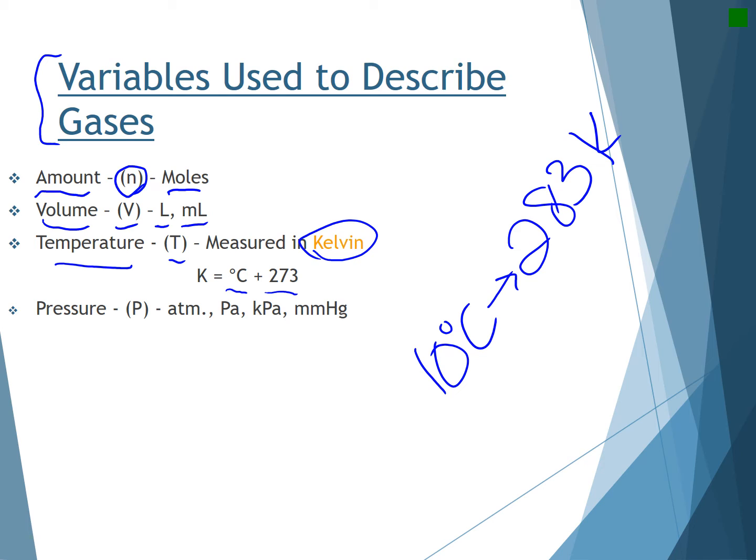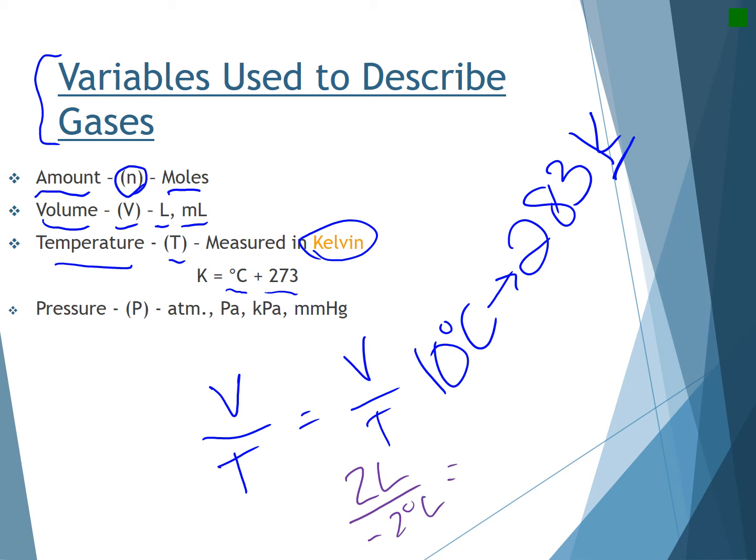We'll go into why we need to be in Kelvin as opposed to Celsius. I guess we could go into it now. The problem with a lot of these equations, and I'll show you one, let's say V over T, one equation we're going to be dealing with in this class. If I had a volume of 2 liters and a temperature of -2 degrees Celsius, and then I wanted to know what its volume is at 10 degrees Celsius, if you do the math you're going to get a negative volume. That is absolutely not possible.